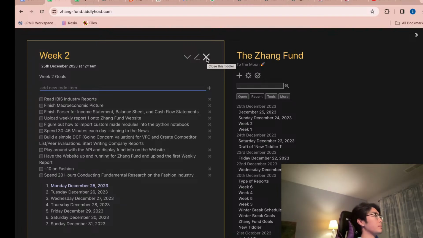Okay, maybe let's see. So items is equal to